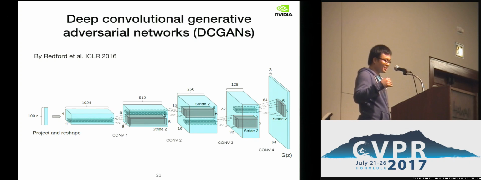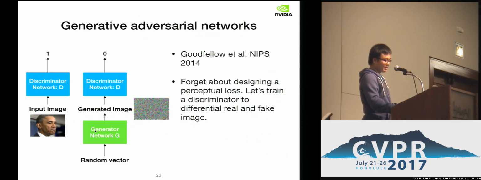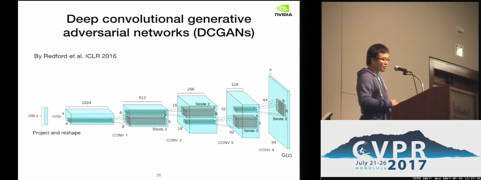And I think GAN really became very popular after the DCGAN paper, which is basically a nice implementation of GAN. It implements this generator network as a deep convolutional network, starting with a 100-dimensional random vector sampled from either a uniform distribution or a Gaussian distribution, and gradually computes representations at a higher spatial resolution, and eventually you have an output image.